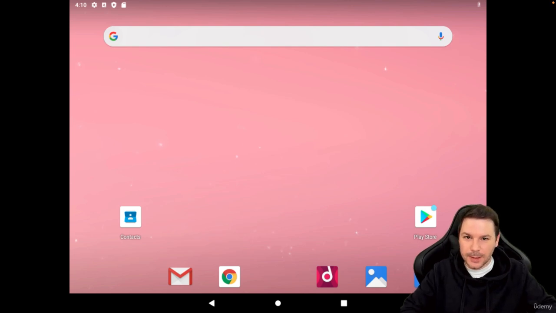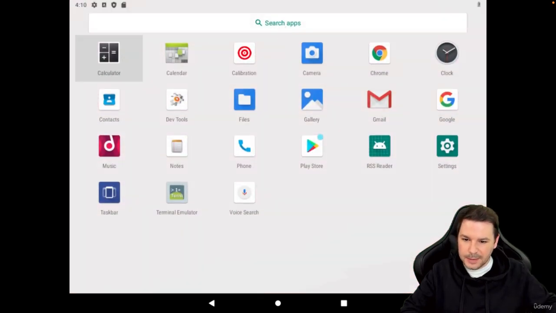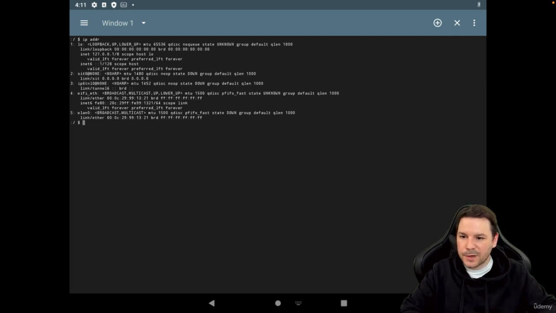So how can we do this? Well, there's already an application installed which assists us on this. If we drag this upwards, then we can see we've got a terminal emulator. This one is super handy because it is really a terminal on our Android x86 virtual machine. So we can now use a command, for example, ip address, and then we get those interfaces. Here we can see we've got a loopback interface, and the IP address should normally be assigned to